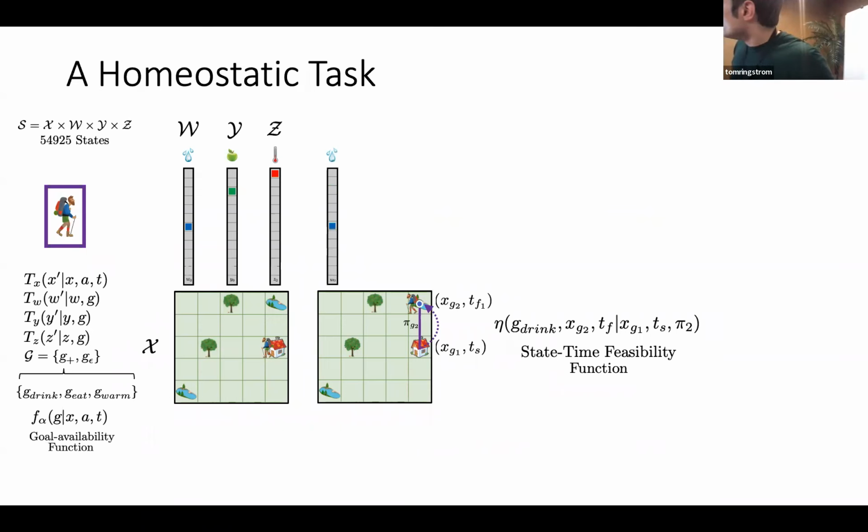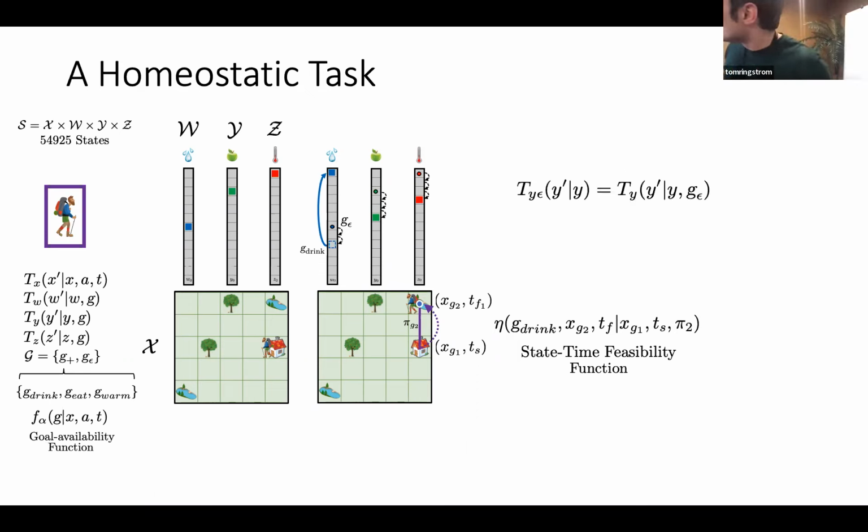Okay. So if the hiker moves 2 steps up, it's going to go 2 steps down, and then it's going to jump up. So it's going to go like this. Does that make sense? So what's happening to the other state spaces when this happens? Well, if you're moving 2 states up, you're emitting these null actions, and they're all going to enter into the other dynamics of these other spaces. So they're just going to descend 2 steps for making it to the lake, and then 1 extra step, a 3rd step, for when the agent drinks water.